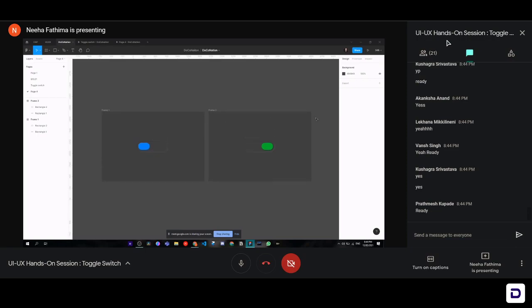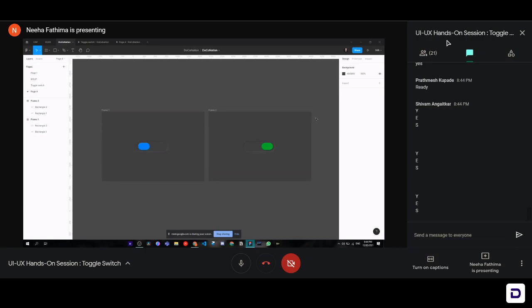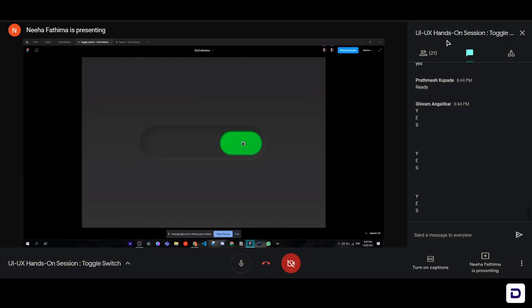For the animation part, guys, this is the easiest part, and we often end up breaking our heads to actually complete it, right? But it's super easy. So all we need to do is go over to our first frame. What we want is that the toggle animation happens on click of this little toggle switch, right? So when I click on this toggle switch, it moves to the second frame, and when I click on the other toggle switch, it moves back to the first frame.